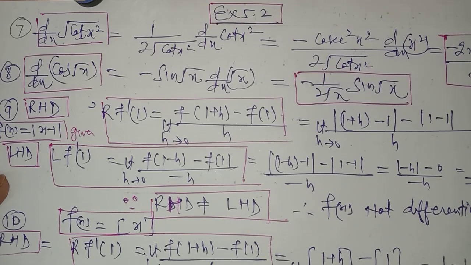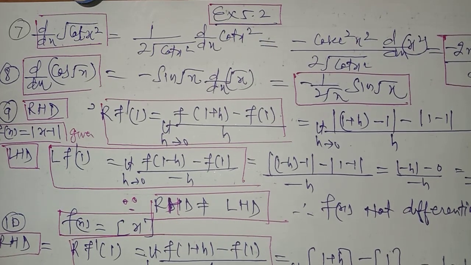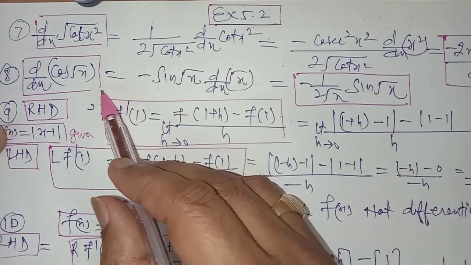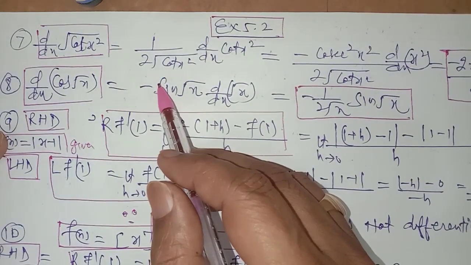Hello, this is lecture number 6 for the chapter Continuity and Differentiability, and in the last lecture we discussed differentiability and some basics of differentiation and the derivative of a composite function. In exercise 5.2, most of the questions we have discussed in the basics of the derivative in the last lecture, and some of the questions I'm taking here.